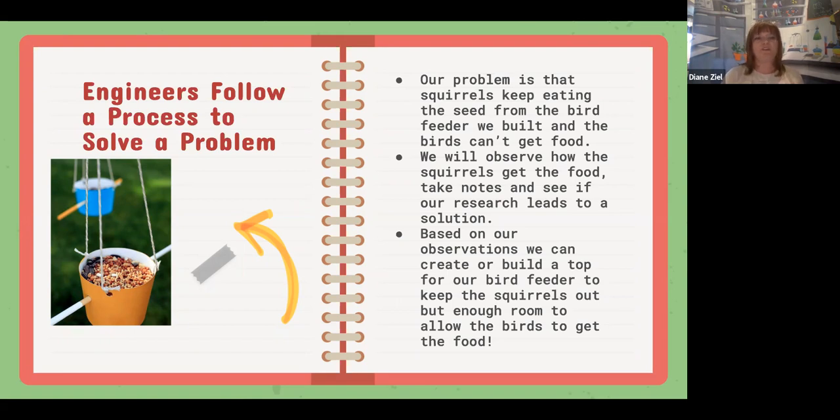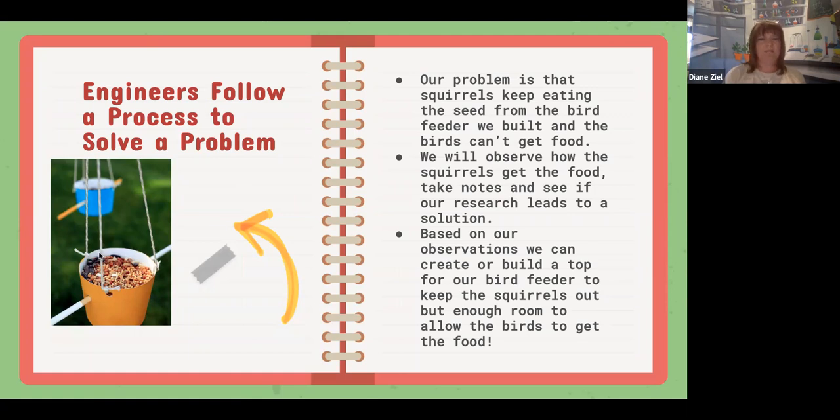So then we looked over our research and the information we gathered. And what we noticed from our pictures and our notes is that the squirrels were able to get to the top of this bird feeder really easily, dig their head right in, and eat up that seed. So we thought,